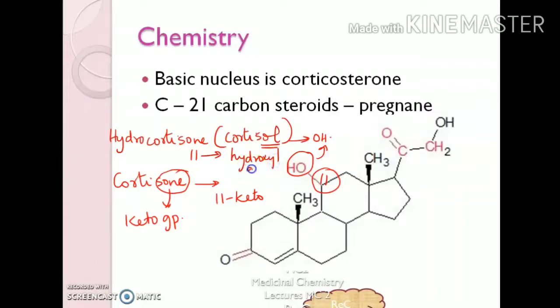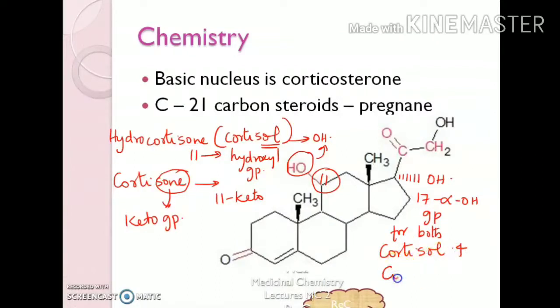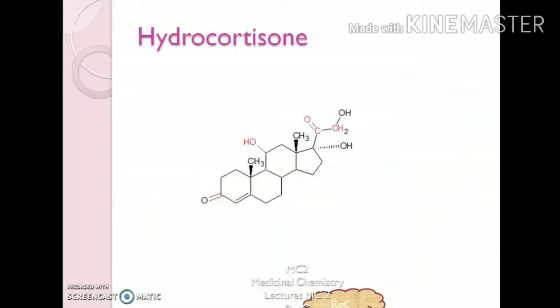In addition to the basic structure of corticosterone, they carry a 17 alpha hydroxyl group. So there is an alpha hydroxyl group at the 17th position for both hydrocortisone and cortisone. So again, hydrocortisone has the same structure as corticosterone. The only difference is that it carries an additional alpha hydroxyl group at the 17th position. So you can name it as 17 alpha hydroxy